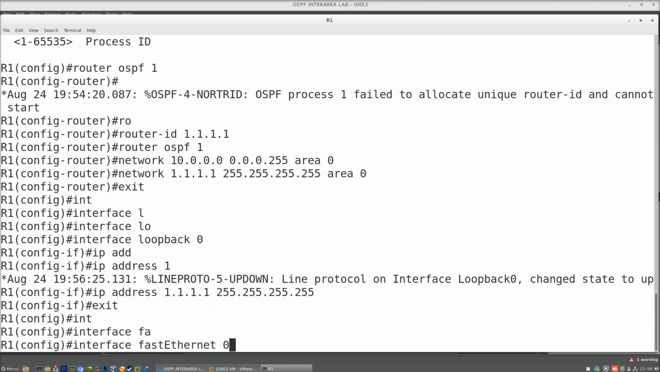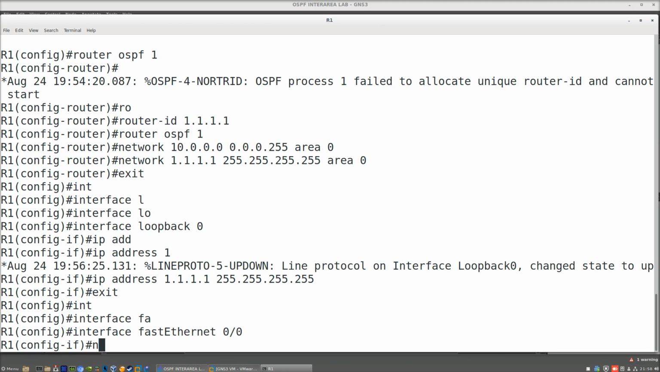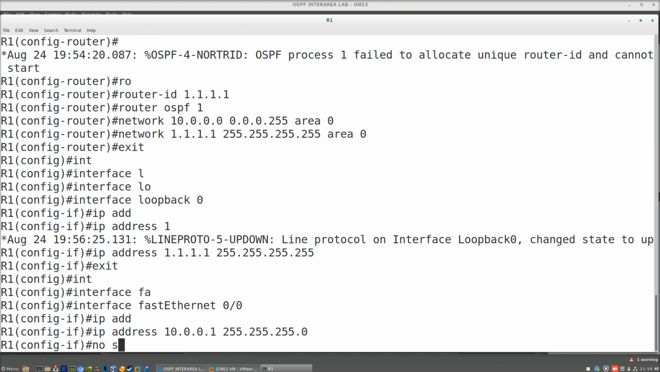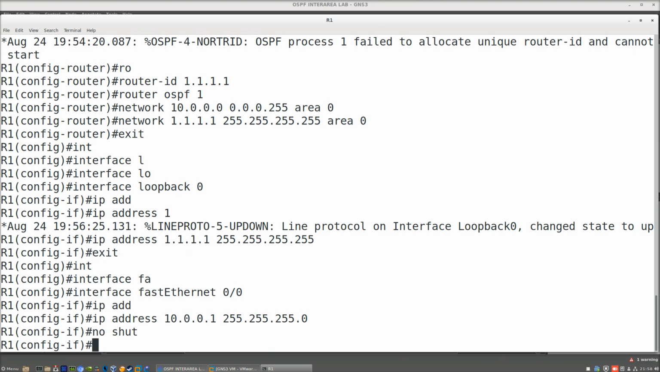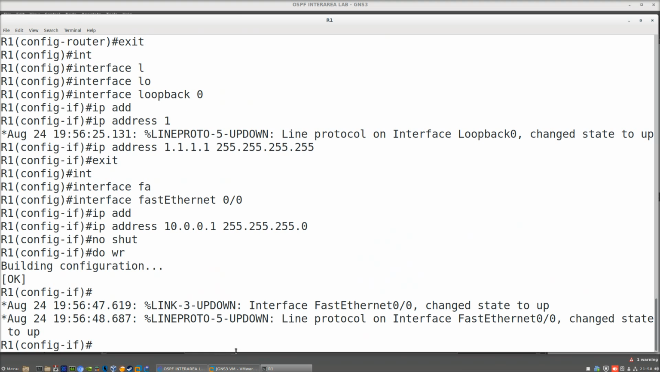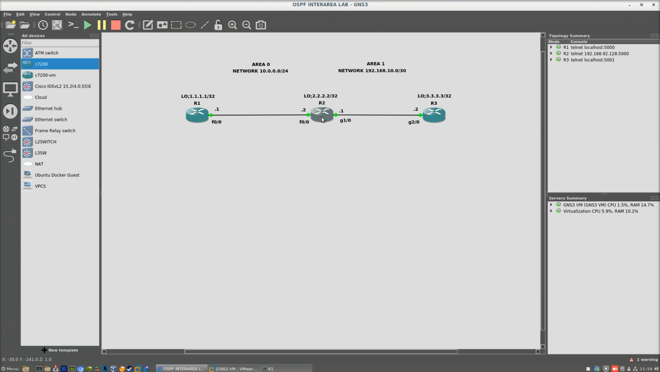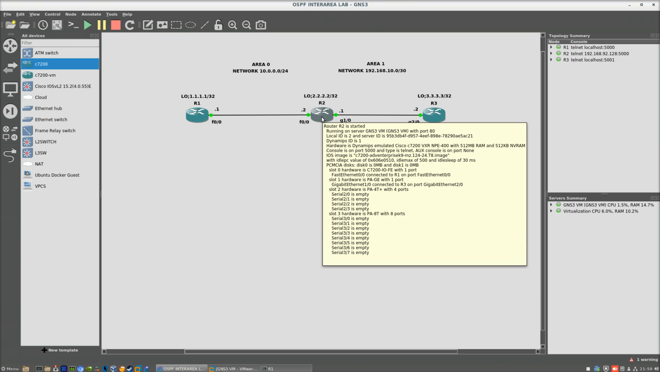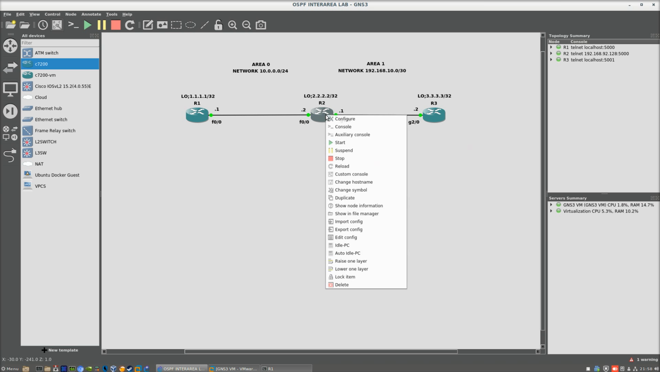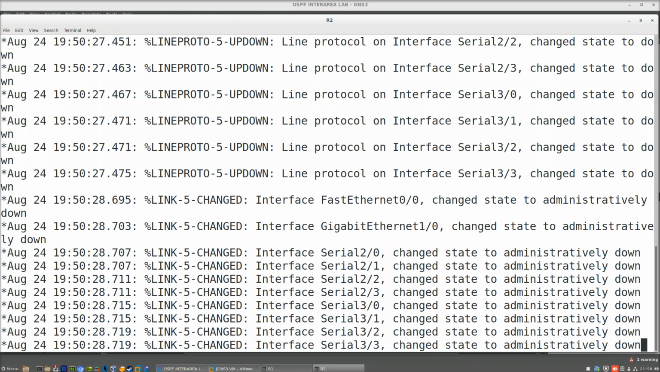Interface FastEthernet 0/0, IP address of 10.0.0.1, 255.255.255.0. No shut the interface. That's all for router 1. Now we should go to router 2 and do quite a different configuration, because we'll see now where